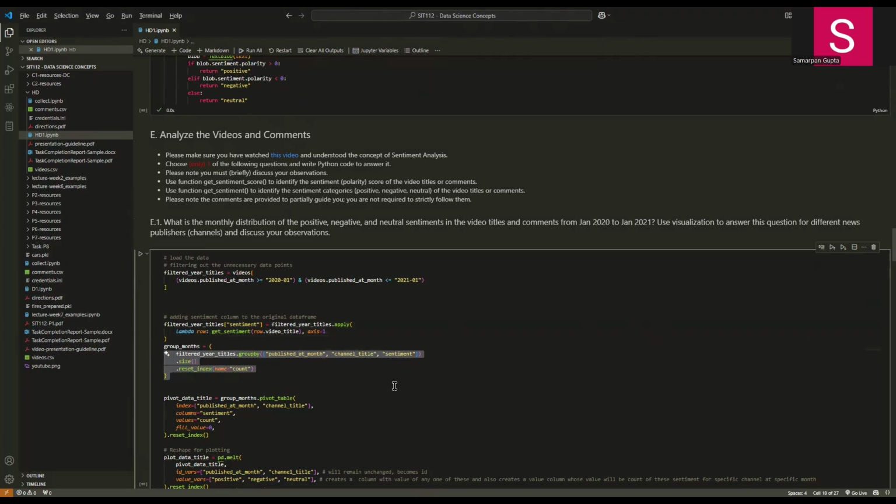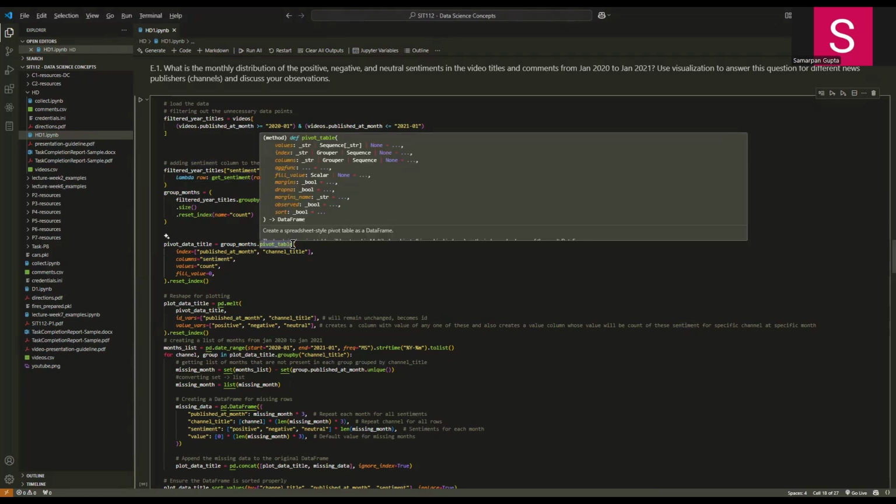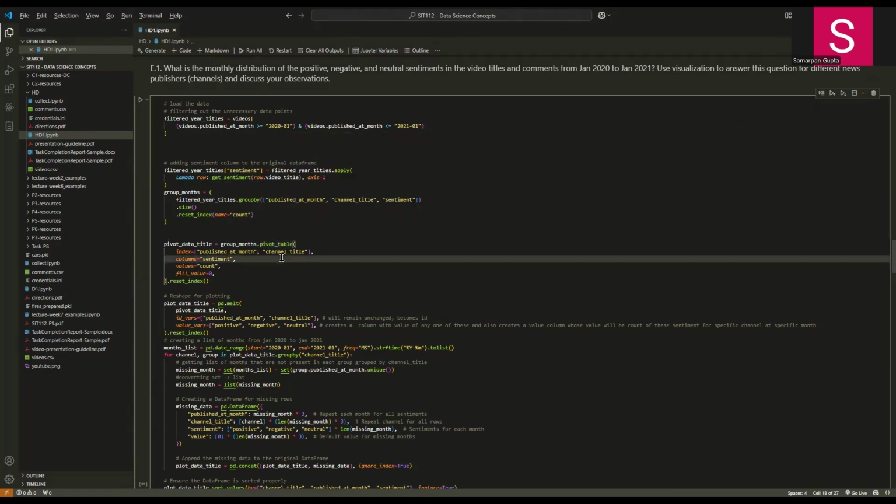After grouping the data frame, we're going to make it ready for plotting by pivoting the data frame. We use pivot table to restructure the data frame so that each sentiment gets its own column and missing values are filled with zeros. This makes it easier to plot sentiments over time. The column names passed as an index remain unchanged, and they become the index for the new data frame.